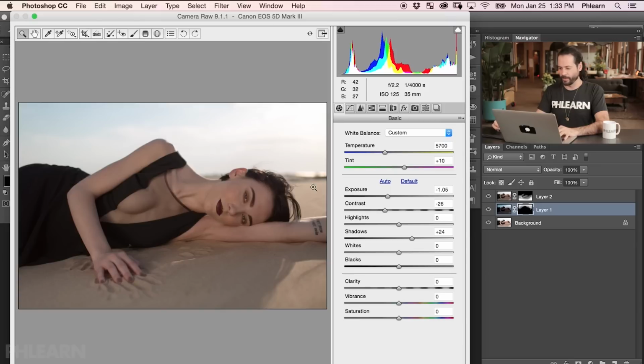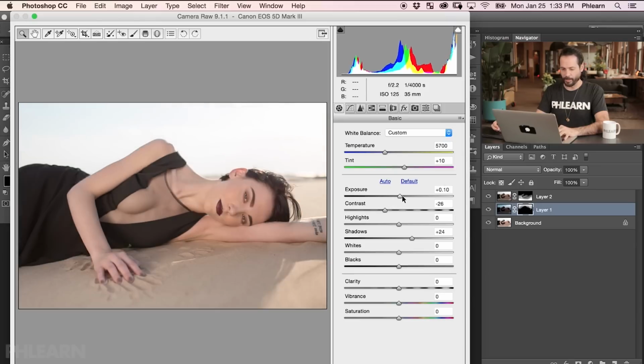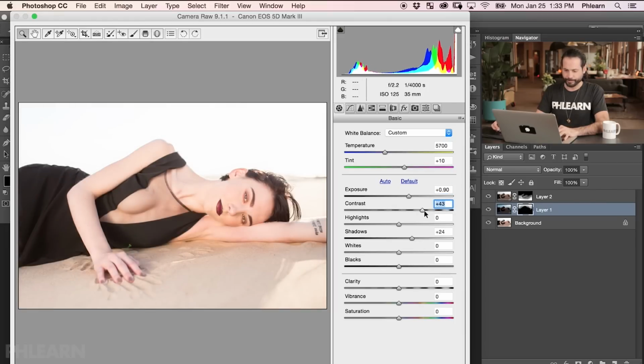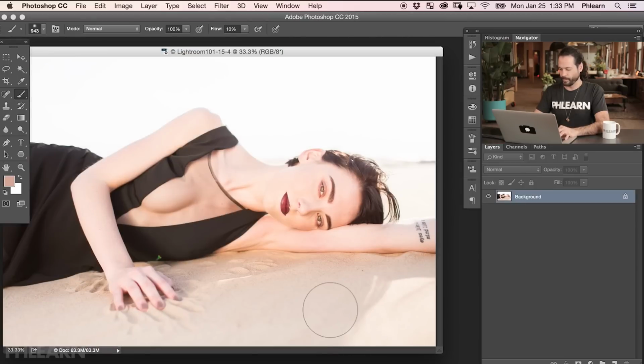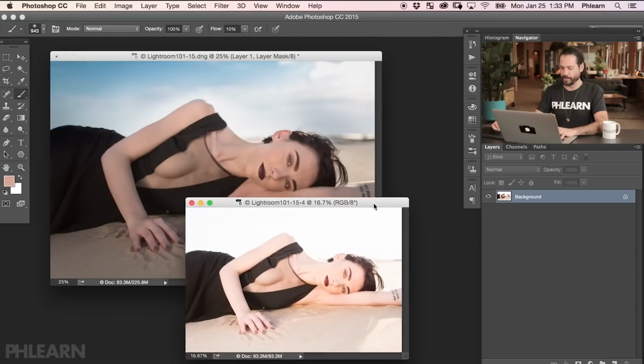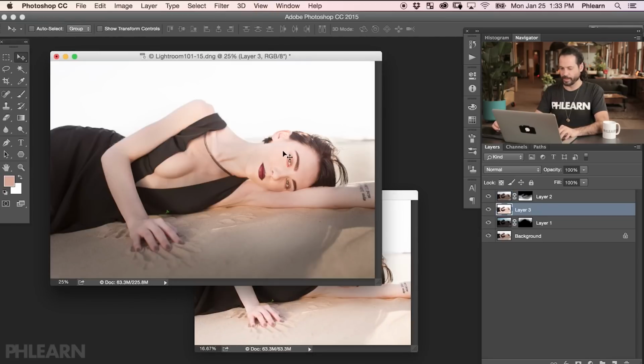There we go. Now here in Camera Raw, I'm gonna bring my exposure up, and we're gonna see we have a lot more information here on the dress. Let's bring our contrast up as well. All right, so exposure and our contrast up. And again, this time I'm just looking at the dress. So I'm gonna hold Alt or Option. We're gonna hit Open a Copy. There we go. And let's just move this with our Move tool to hit Shift, click, and drag from one